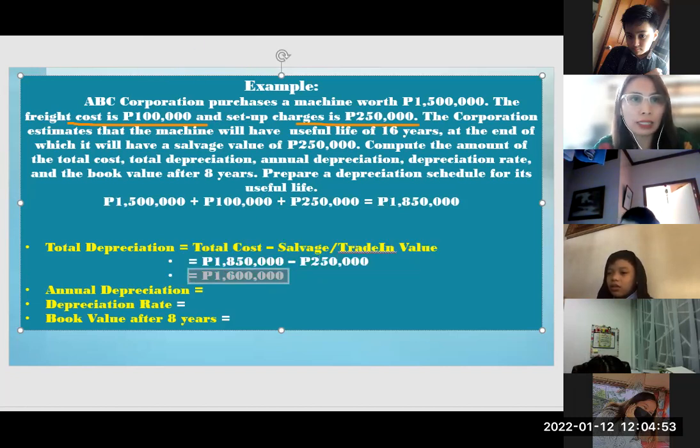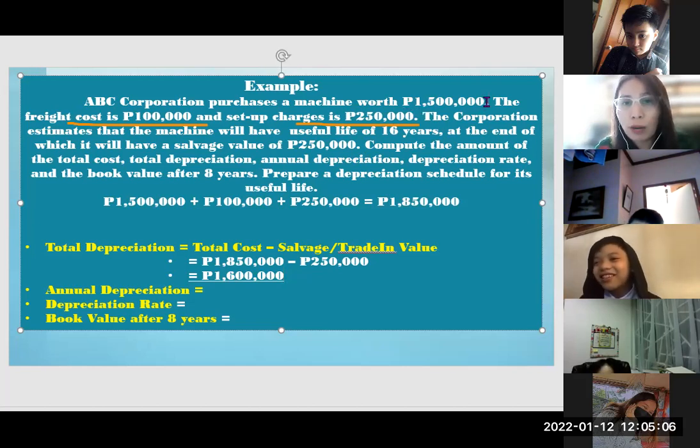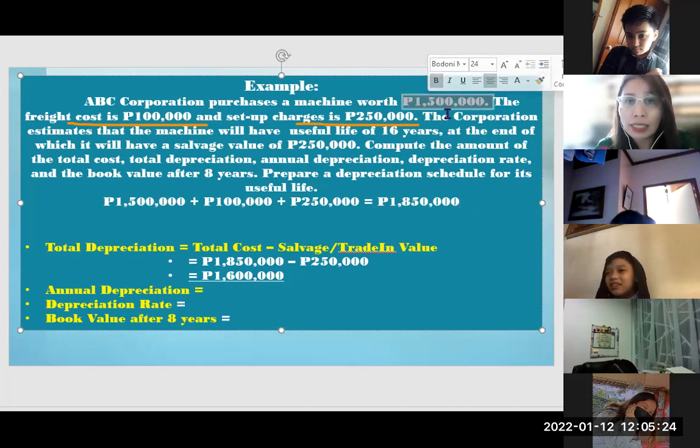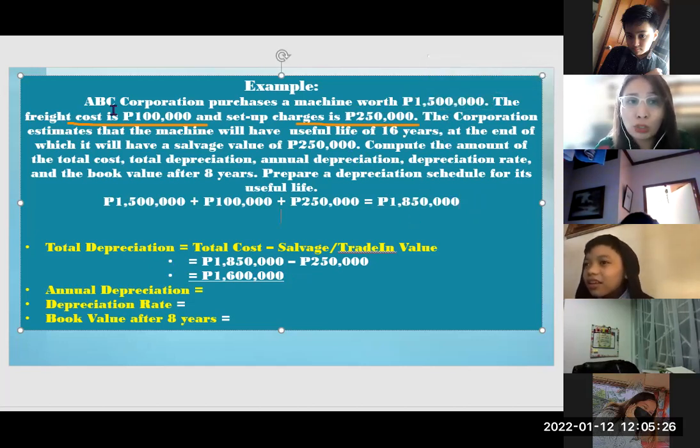Ayan, 1,600,000. As you observe, tingnan nyo po, oh. Pag in-observe nyo, magkano lang yung total worth ng machine? 1,500,000. Right? 1,500,000. And yung total depreciation natin is 1,600,000. If you observe, mas malaki po yung total depreciation than the price ng ating machine. Due to, anong reasons? Due to the addition